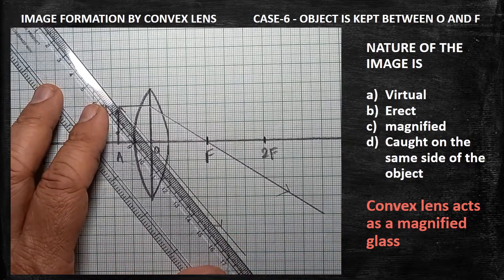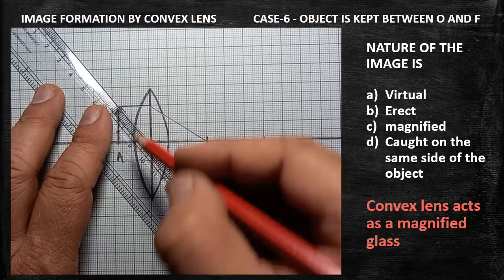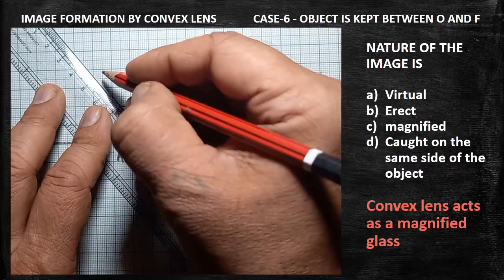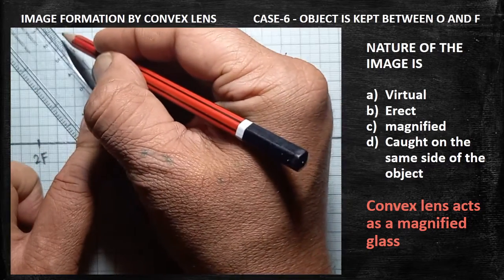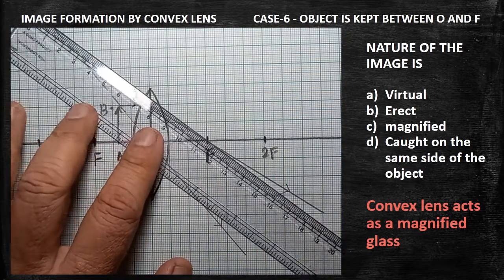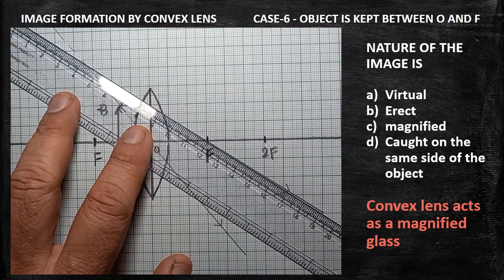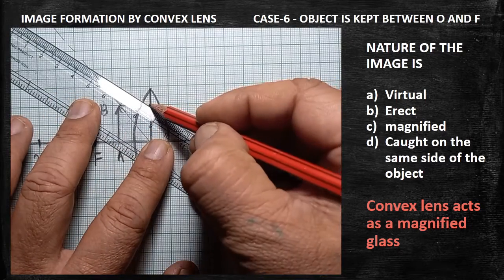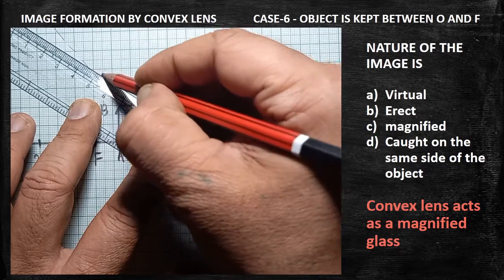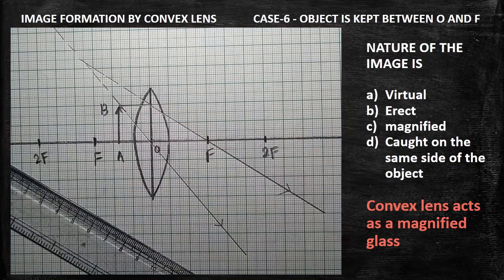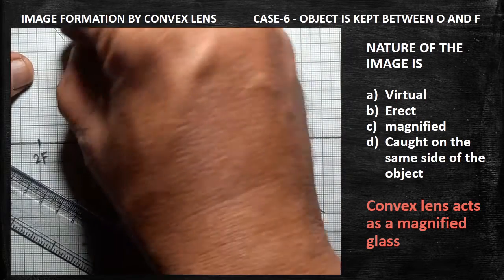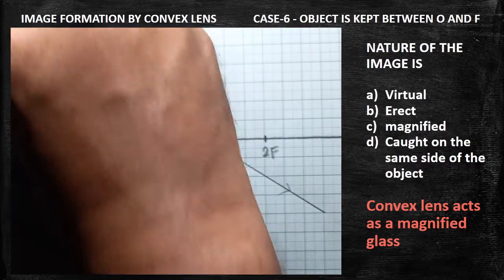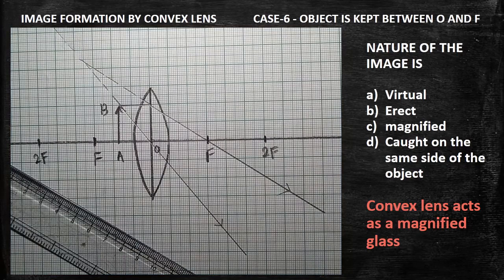Now what I have to do now, this line is to be extended. Look at that, by dotted line, this line must be extended like this. This line to be extended with the help of the scale. Place a scale on the ray. This line to be extended by dotted line. Are you clear? Both the two rays are intersecting somewhere else. Here both the two rays are intersecting. You just rub the extra line there.